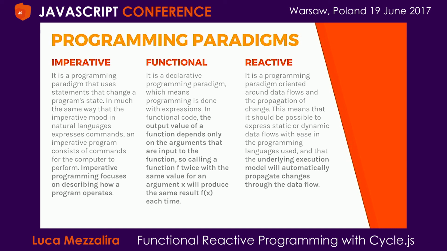And then we move to another programming paradigm that is the opposite of imperative programming. It's functional programming, where we use functions and we try to create what is called a pure function. So basically a function that will allow us to always have the same output without creating any side effect on our application, every time that we use the same argument. So if I have the same argument, I always have the same output. Otherwise, it's not a pure function. The other cool thing is, in functional programming, you focus more on what you have to achieve, what the program should do, more than how to write it.